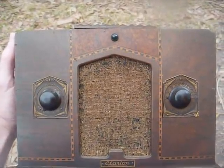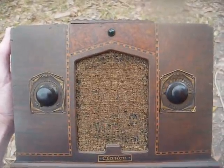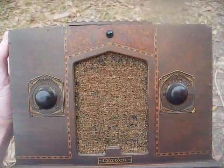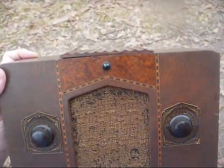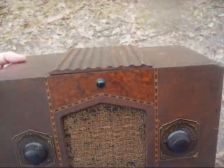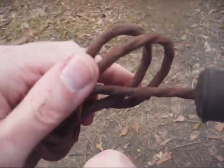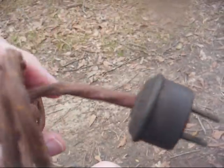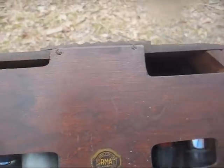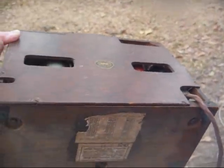Radio TV phono nut here, and we have a Clarion superhet. Obviously it's a radio from about 1933. This is an AC-DC model, meaning it has no power transformer and a series string filament circuit, and one of these resistance line cords that has the third resistance element built into it to drop down the excess voltage across the tube filaments. And this one still has all of its back cover retainer screws as well as the chassis